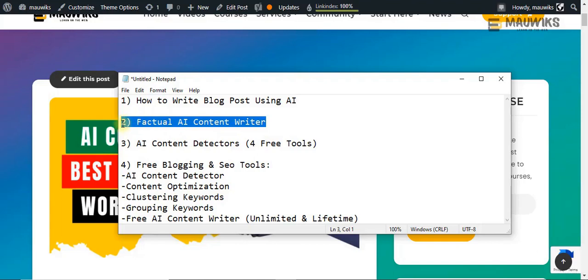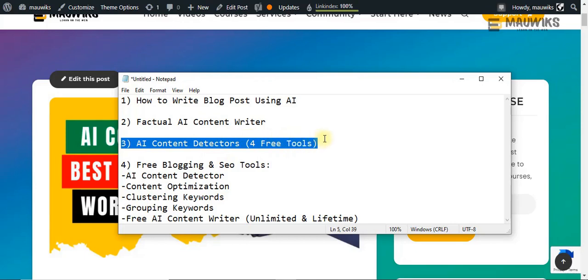So this is free. You can think about it as a free tool, and unlimited. And number three, I will also share AI content detectors, which we will need to make sure that the content that we generate from the AI tools will not be detected,